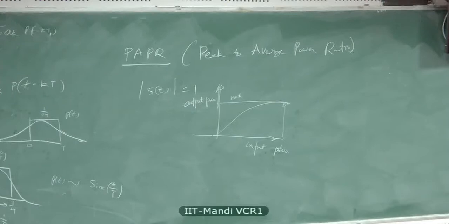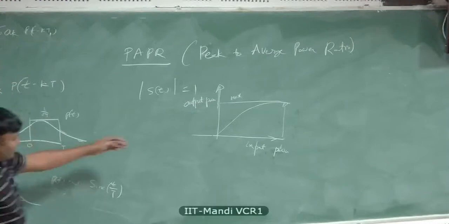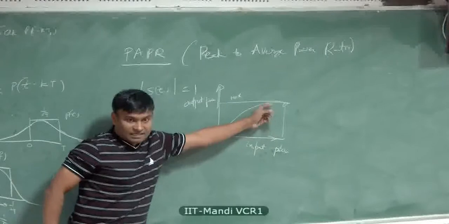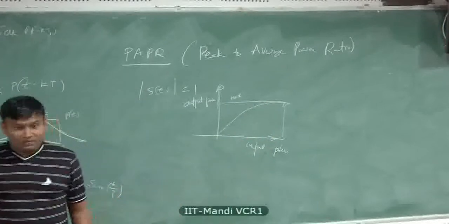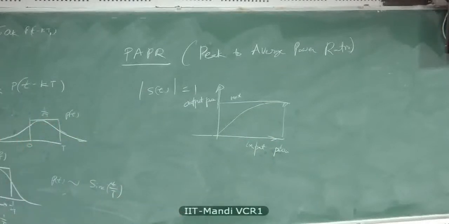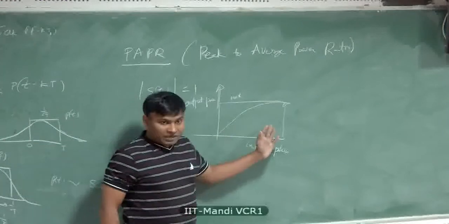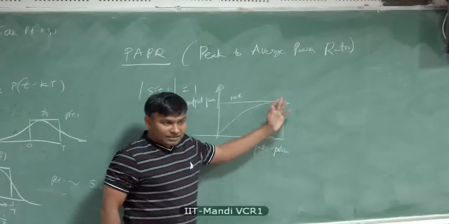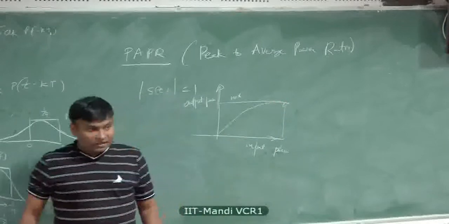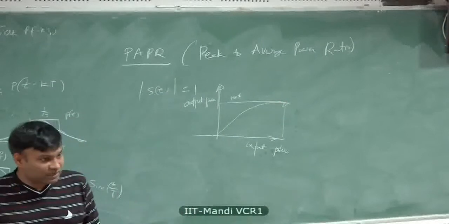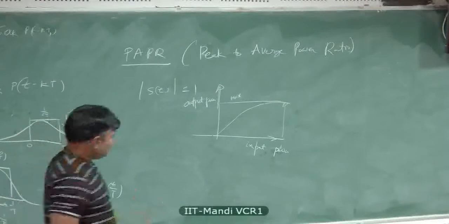So continuous phase modulation signals are very useful for RF power amplification because you can operate at the saturation point. That's why in satellite links you generally tend to use continuous phase modulation signals, but they are nonlinear modulations. You can see that, right? E raised to, they are nonlinear modulations, but they are very good for RF power amplification because you can operate at saturation point and you get the maximum efficiency out of the PA.